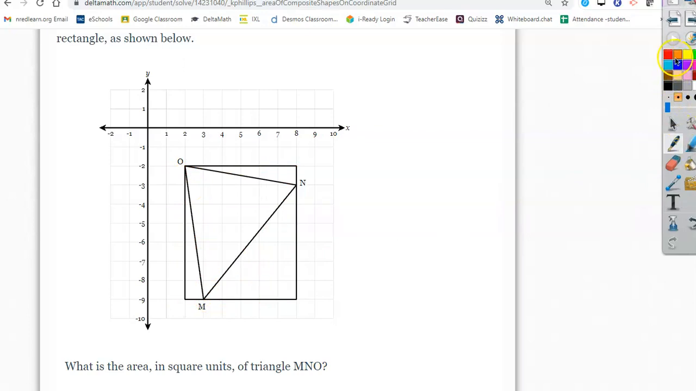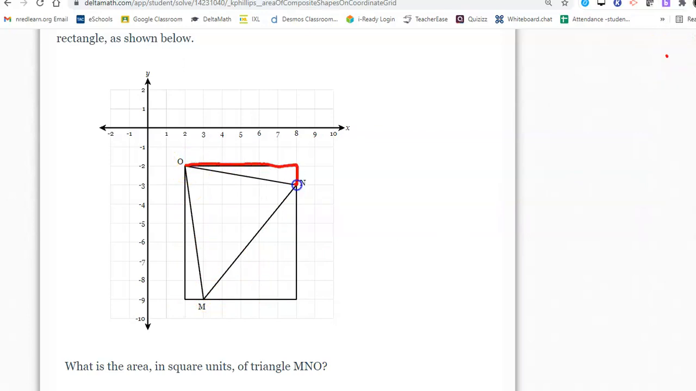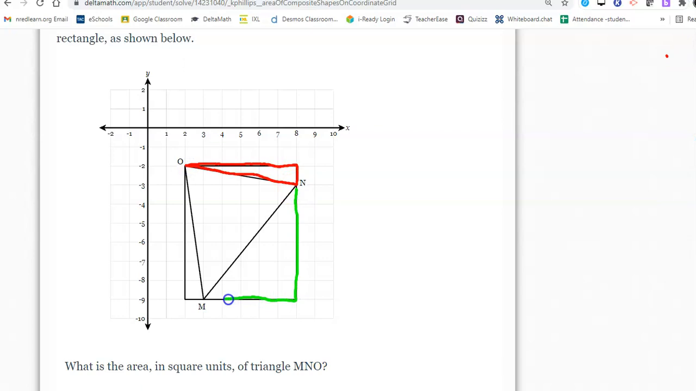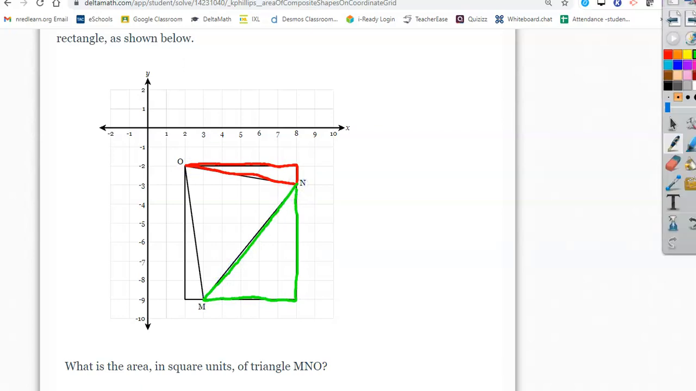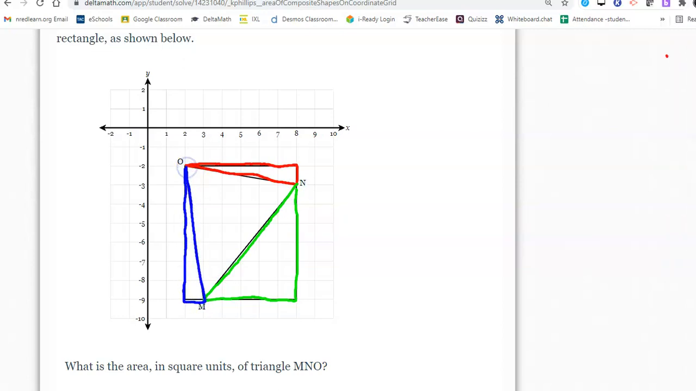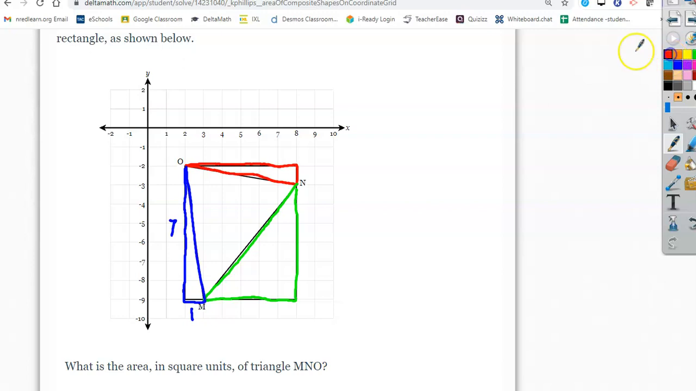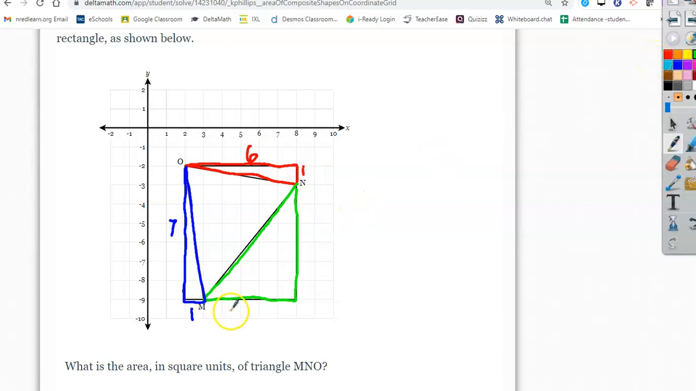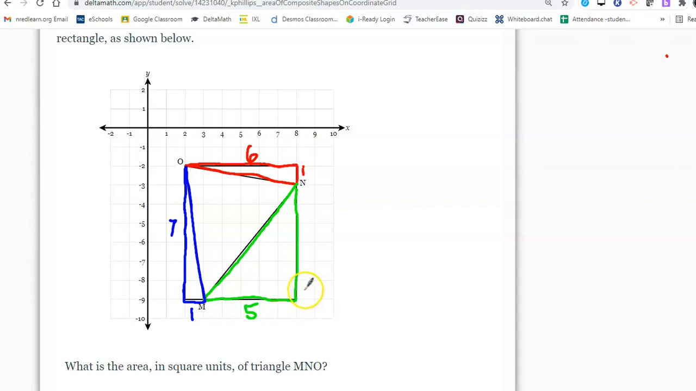So I'm going to outline them in different colors. I'll outline this one at the top in red, and I will outline this one on the side here in green, and then I will outline this last one in blue. By doing that, I can find the dimensions of these triangles. So this one has a base of 1 and a height of 1, 2, 3, 4, 5, 6, 7. And the red one has a base of 1, 2, 3, 4, 5, 6, and a height of 1. And the green triangle has a base of 1, 2, 3, 4, 5, and a height of 1, 2, 3,